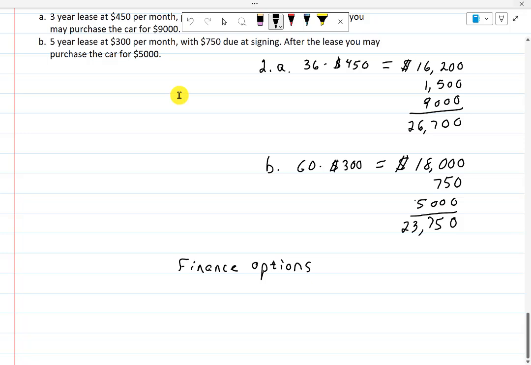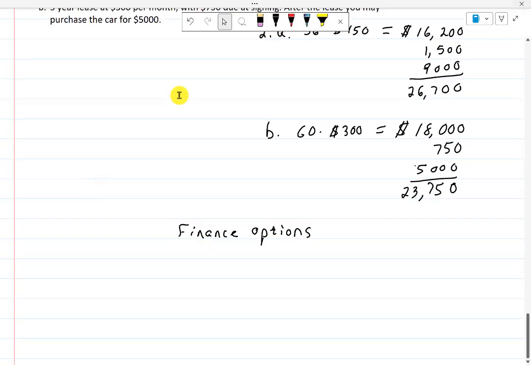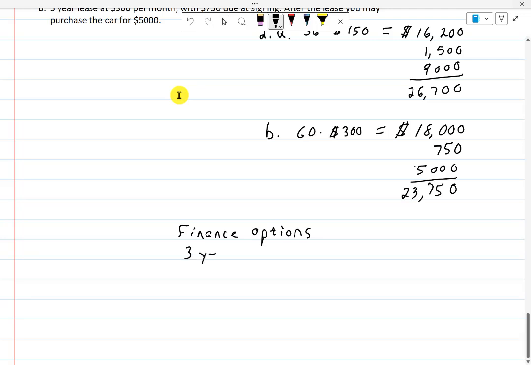So finance means how is he going to pay off this car? If you take a finance, you are accepting a loan of $20,000 so that you can pay the car. He has two available to him, let's say. He has a 3-year loan or a 5-year loan to make them perfectly comparable with the other thing. So suppose we have a 3-year loan at 5% APR. I've done the work before this, and I know that this will be about $600 per month.